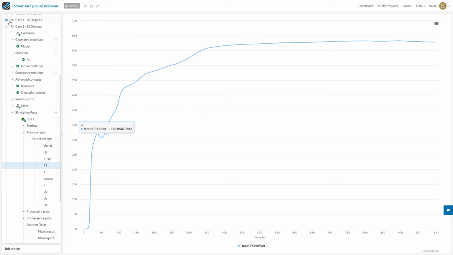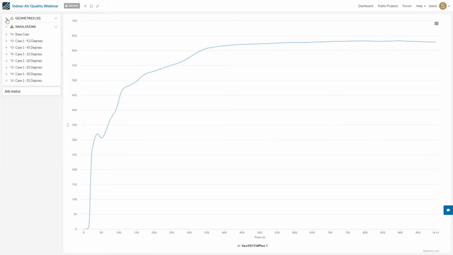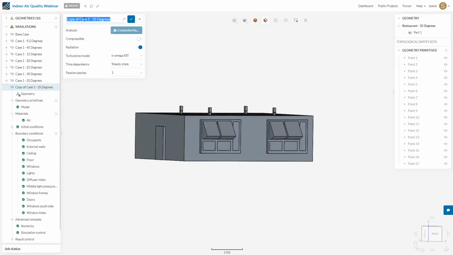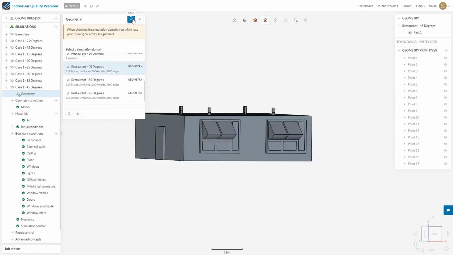Our project actually isn't complete here though, because we've only run simulations up to the 35 degrees window opening, and we've got a geometry that goes up to 45 degrees open. So let me show you how we can set off another simulation. We can duplicate one of our existing ones and use that as a template so that we can use the same boundary conditions and settings with the new geometry. So we can give it a new name, and then all we have to do is swap the geometry out for our replace geometry with 45 degrees window opening,